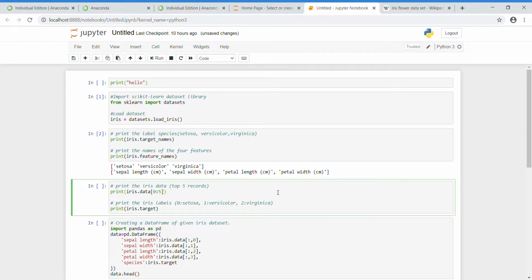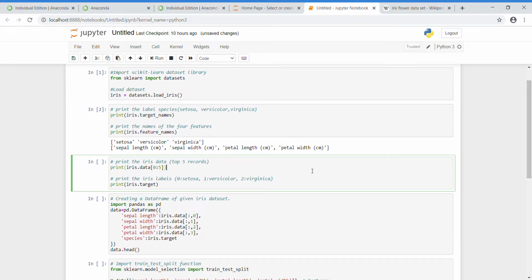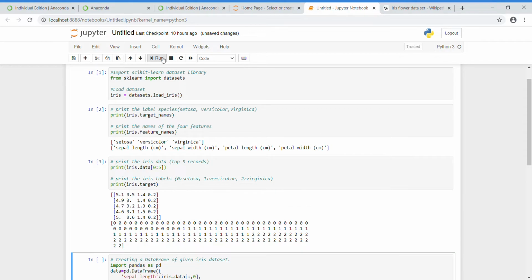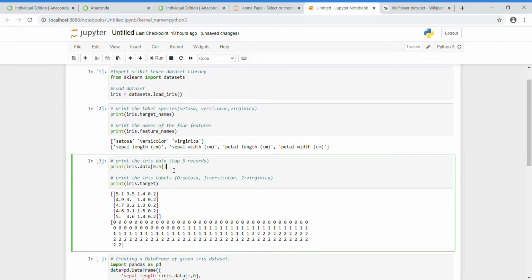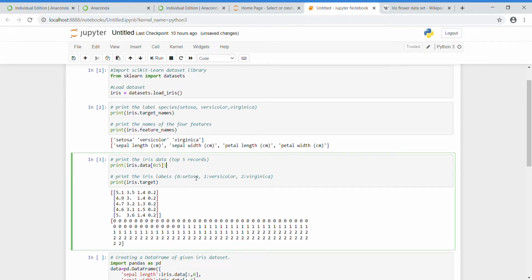After that, I print only the first 5 records of my data set. So 0 is my row and 5 is my column. Let me run this code first. You have to understand that the first line is only printing the first 5 records, and this is 0 to 5, where the first one is row and the second one is column. And what is the target here? If it belongs to setosa, then we say it belongs to class 0. If it is versicolor, it belongs to class 1, and if it is virginica, it belongs to class 2. We just coded it here.